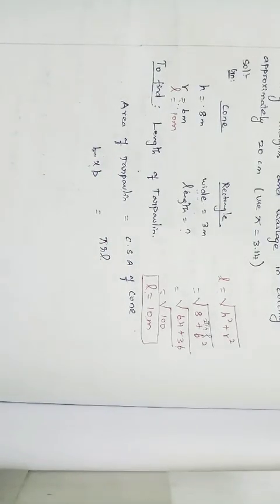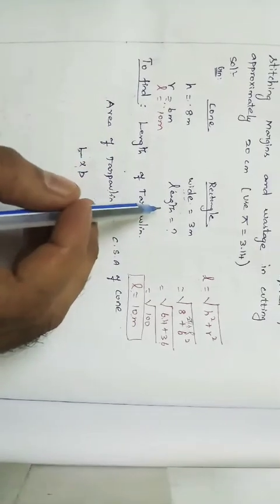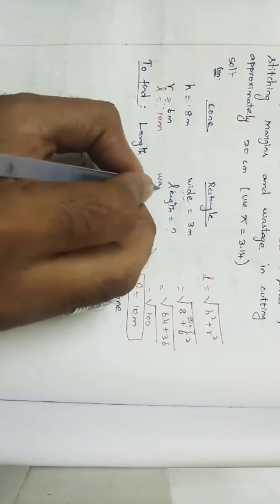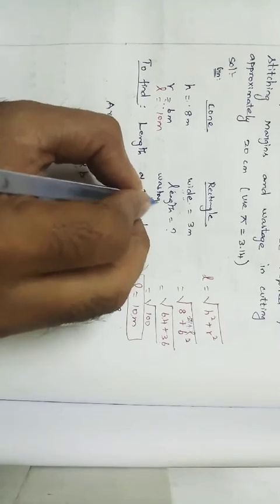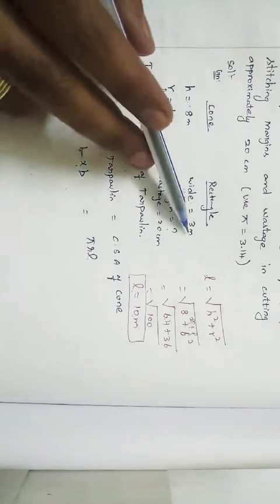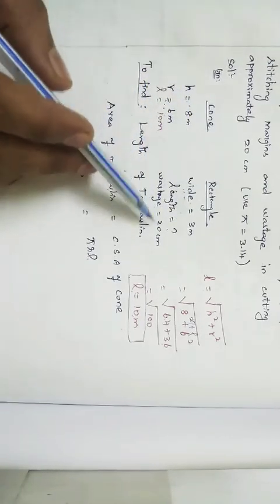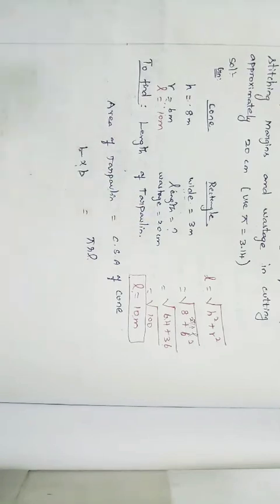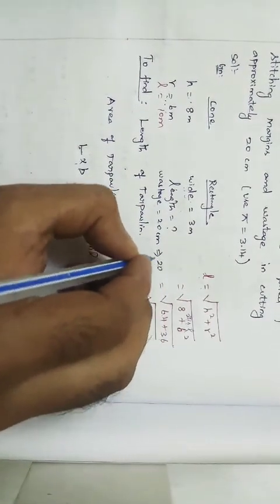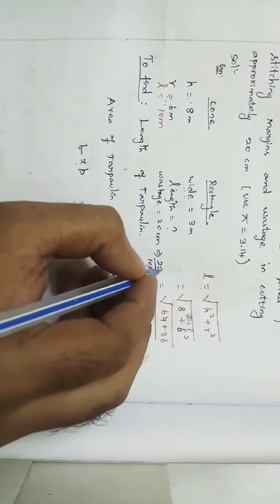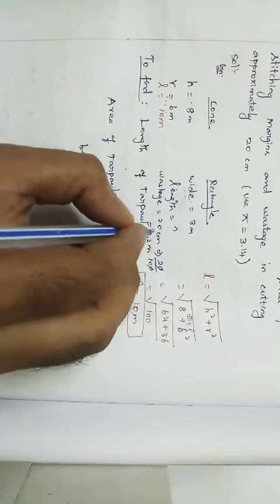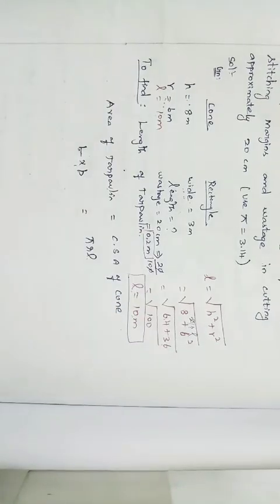And one more thing we forgot to note down, right? That is nothing but wastage, right? How much wastage? It is nothing but 20 centimeter. Wastage is equal to 20 centimeter. But see, everything else we are having in terms of meters, but the wastage alone is in centimeter. Better we convert it into meter. So centimeter to meter, divide by 100. So 20 divided by 100, simplify, 0.2 meter, right? Wastage is nothing but 0.2 meter.